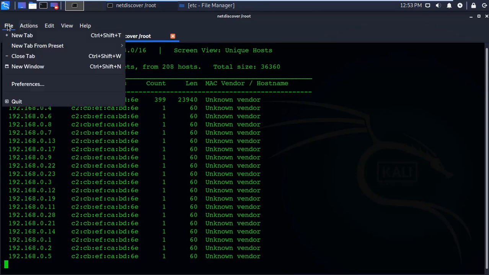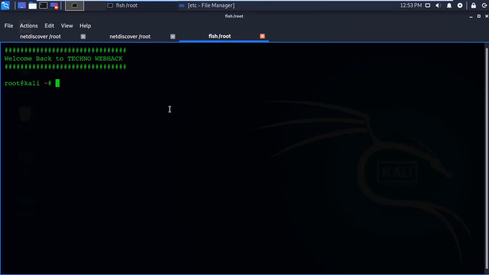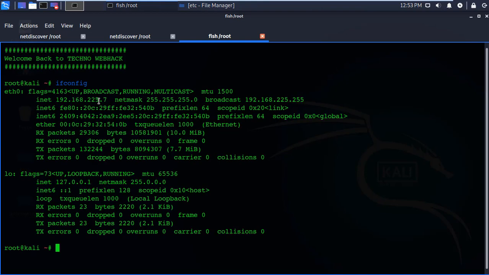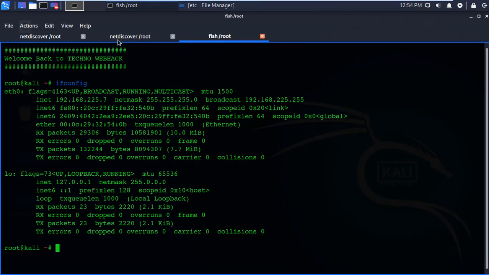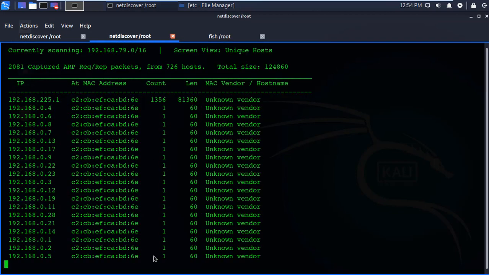Okay, so if I show you here, in a new tab, I have the network of 192.168.225.7. So this is my IP. It means that I belong to the network address of 192.168.225.0. Okay, so that is our class C type IP address or network address, and the same thing you can provide over here. Instead it is still continuing here to scan further networks, and we don't want that. Okay, as we already know what our network address is, so what we will do is netdiscover -r for